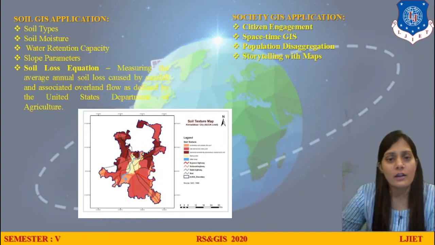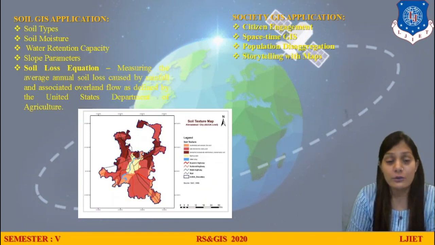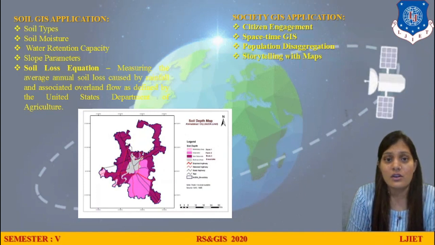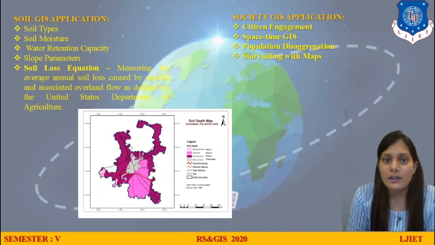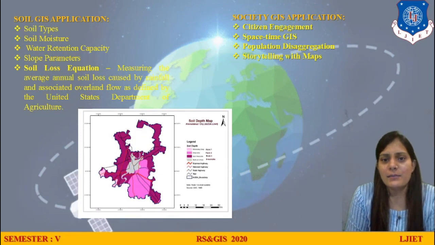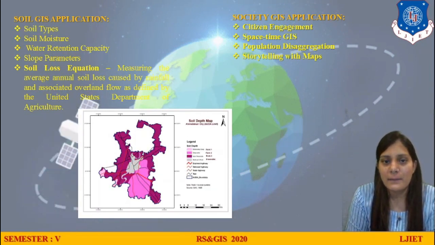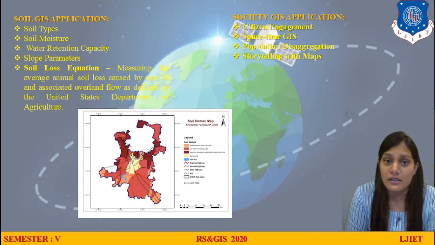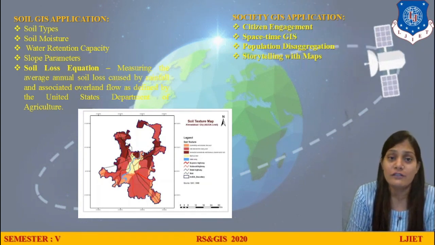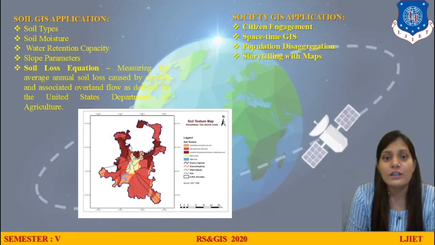In Gujarat, we have many types of soil, and we need to do that analysis because agriculture generally depends on the soil characteristics and textures, right? Now going further, society GIS applications. Yes, there are society level applications also. Right now we are not using them much at the society level, but if a society has more than 400 or 500 houses and homes, we need to do that.